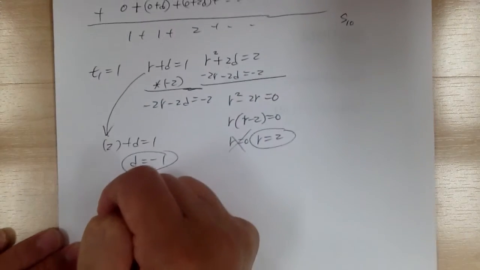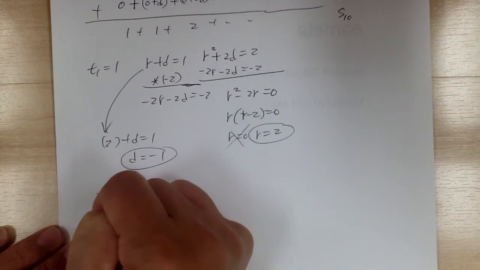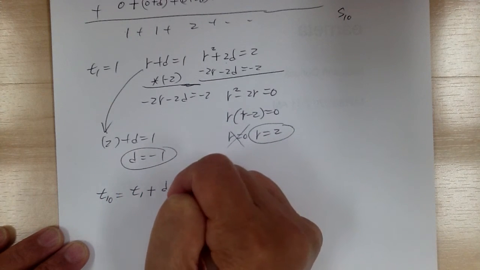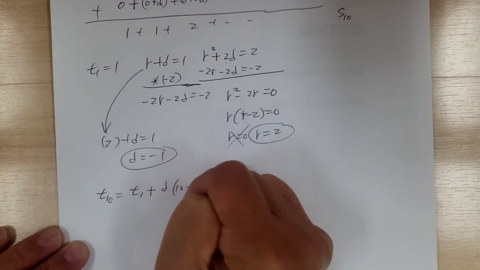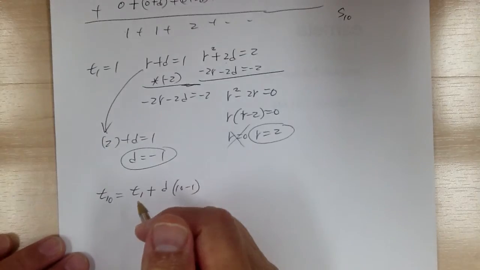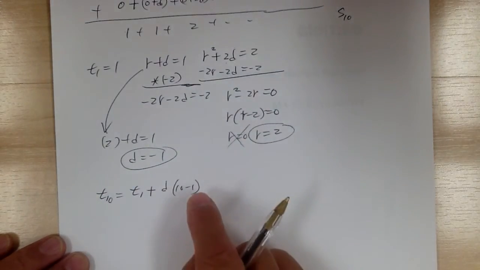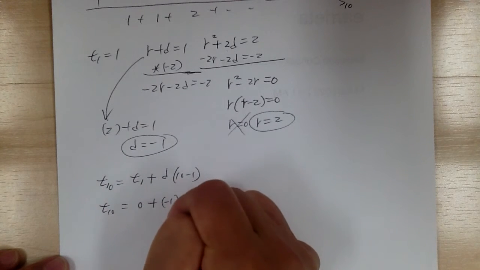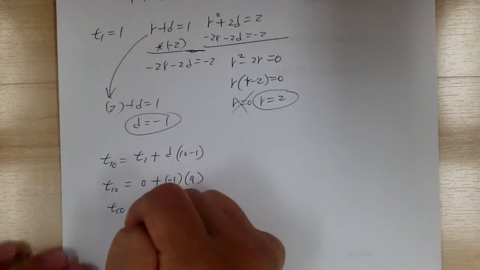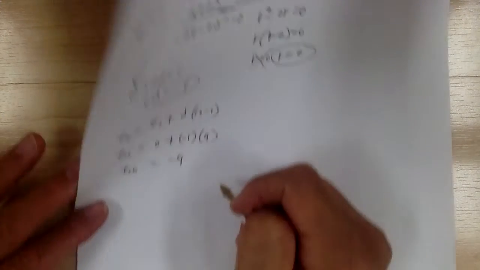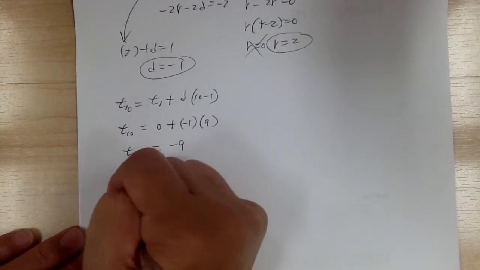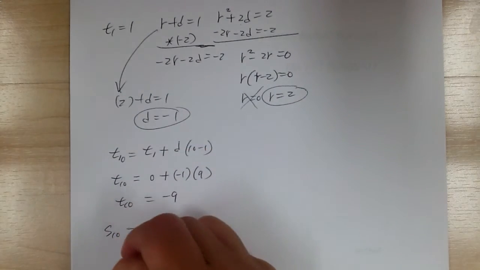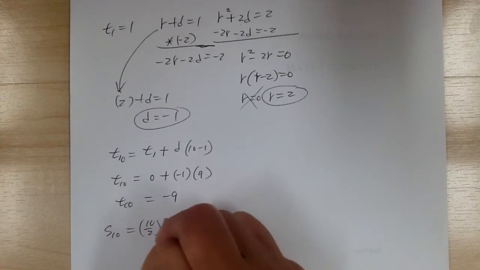So for the first series, so T10 equal to T1 plus D times 10 minus 1. So I'm looking for the T10, okay? Because to use the sum formula, I need the last term. So T10 equal to 0 plus -1 times 9. So T10 equal to -9. Now once I find T10, then I can find the S10 from the first series. Okay, so S10 equal to n over 2 times T1